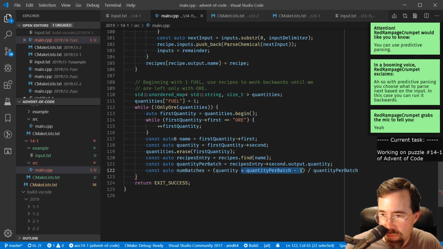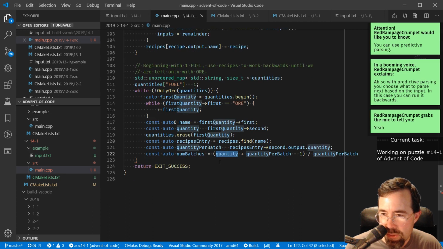So the reason why I added that -1 is because we're going to do a divide. We're going to throw away the remainder, but we want this times that to be at least equal to that. I'm hoping I did my math right. So let me just go through this in my mind. So if, let's say we needed 3, whereas if we need quantity is 3 and quantity per batch is 2. This would be 3 plus 2, which is 5, -1, which is 4, divide by 2, so that would be 2. So we get 2 batches, we'd end up with oh,